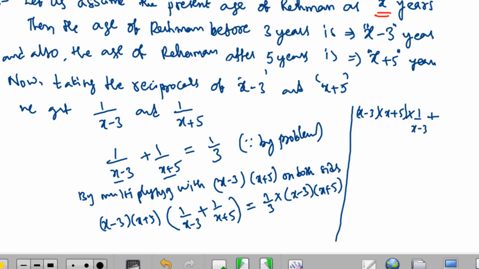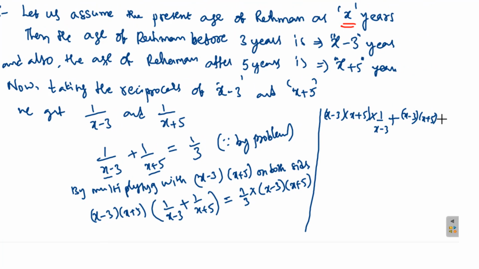So we distributed to the first term, and similarly let us distribute this product to the next term, x minus 3 into x plus 5, and the second term, that is into 1 by x plus 5, which equals what we have here, 1 by 3rd into x minus 3 into x plus 5, which can be written as x minus 3 into x plus 5 by 3. Now here x minus 3 gets cancelled, and in the second term x plus 5 gets cancelled. So here we are left with x plus 5 plus, and in the second term we are left with x minus 3,